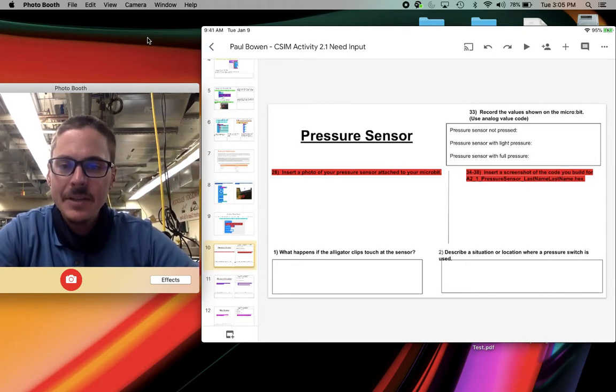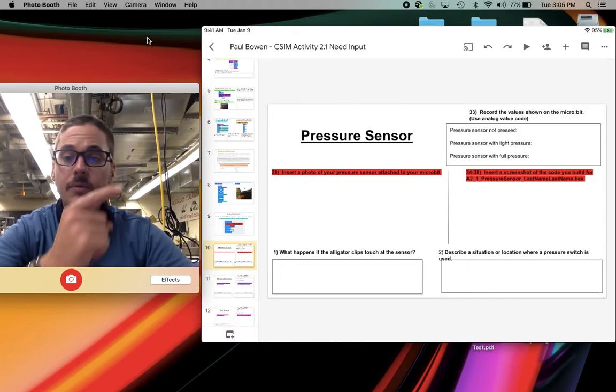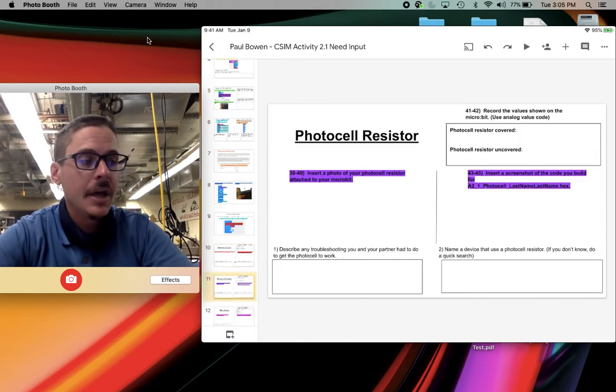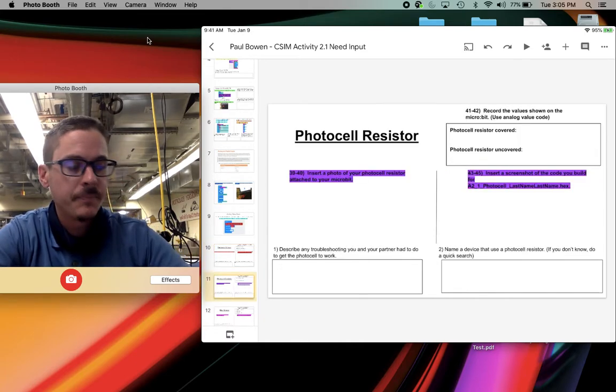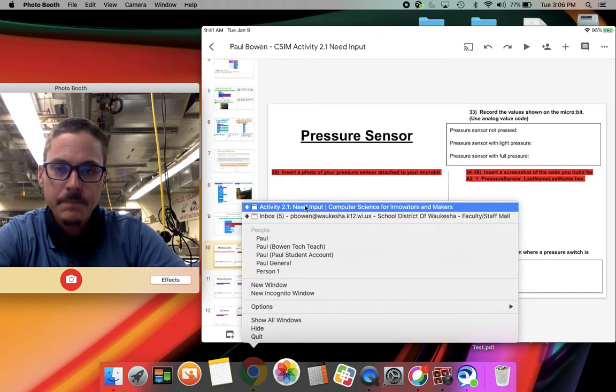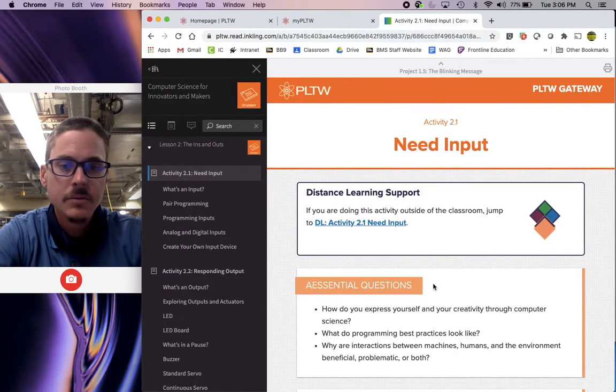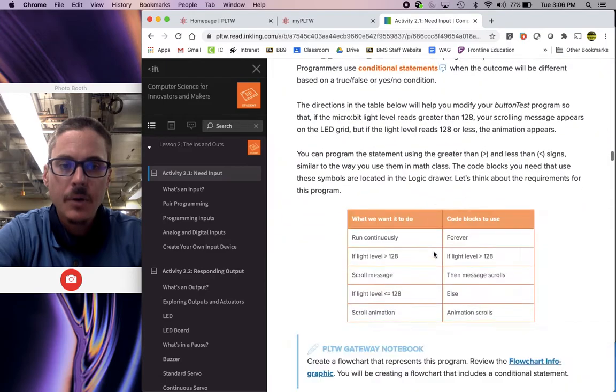Hi everyone. In this virtual video, you guys are going to create two chunks of code, one for the pressure sensor and one for the photocell resistor. So looking at Project Lead the Way, activity 2.1,